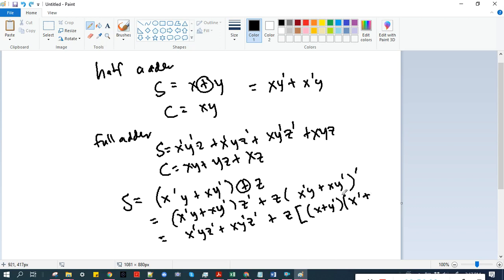Let's not go to the shortcut so that we will not be confused. So X'Y, we use multiplication instead, and then we invert each term. So X'YZ' plus XY'Z' plus Z times